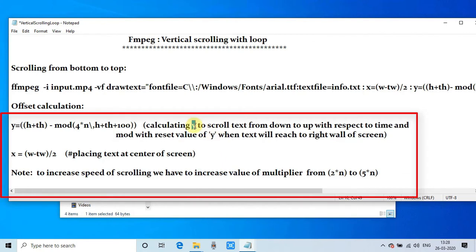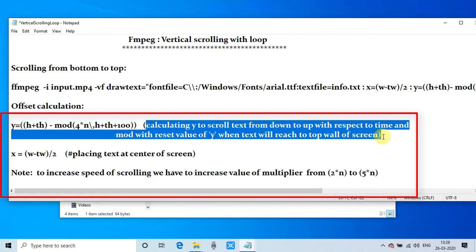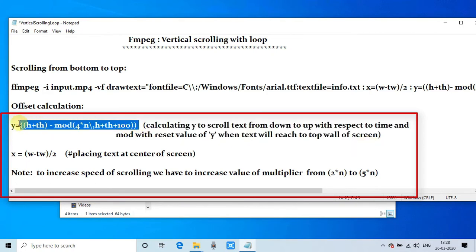Okay, so when our text reaches the top of the video, then this y will be reset because we are using the mod. So the calculation is done in such a way that when our text reaches the top of the screen it will disappear. Okay, then it will again reset and it will appear at the bottom of the screen. So we will see the effect of continuous scrolling in loop.